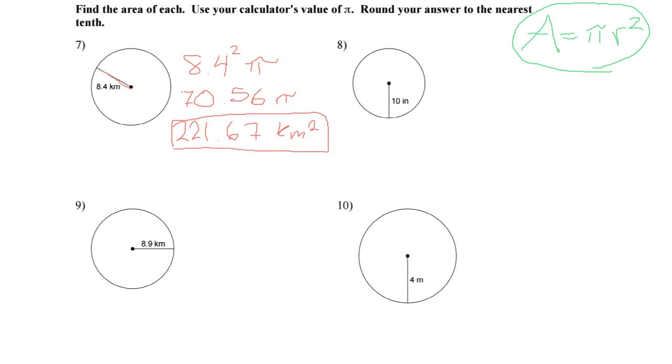Let's look at number two. We'll do this one in blue. So here we have 8.9 kilometers squared, times pi. So again, we're doing pi r squared. I tend to write these as r squared pi, but it's the same thing because multiplication is commutative. So if we multiply that out, 8.9 squared gives us 79.21. And we still have to multiply by pi. And that is going to give us